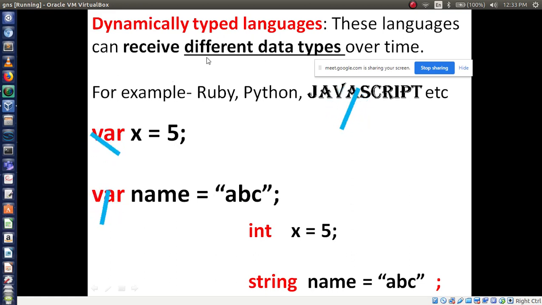These languages can receive different data types. Here if I define variable x equal to 5, it is not fixed to receive only integer, you can change variable x to string also. You can insert any string value here. Understood? Are you understanding or not these points?